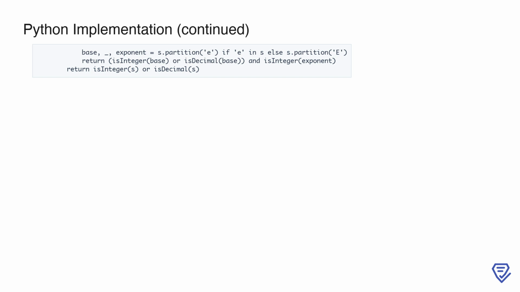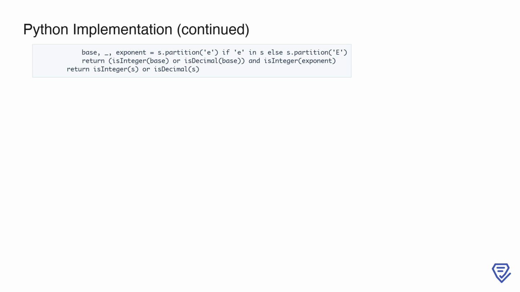The method checks if the base is either a valid integer or decimal number by calling the appropriate helper functions, and ensures the exponent is a valid integer. If both conditions are met, the method returns true. Otherwise, if the string does not contain e or E, it simply checks if the entire string is either a valid integer or decimal using the same helper functions. This ensures that the input string conforms to the rules of a valid number, covering integers, decimals, and